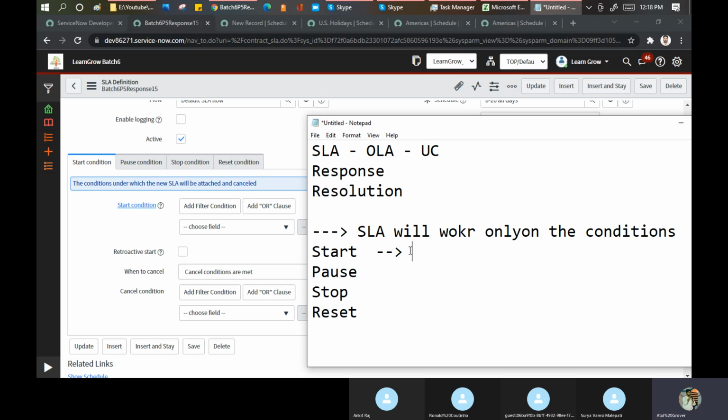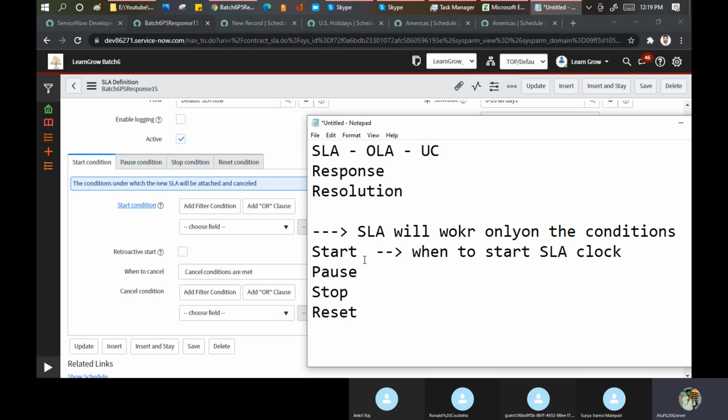The order has been submitted, so a record has been created. It means that my system should be able to understand that only if the condition matches, the SLA will start. So this is the meaning of the start condition: when to start the SLA clock. That is the first part.